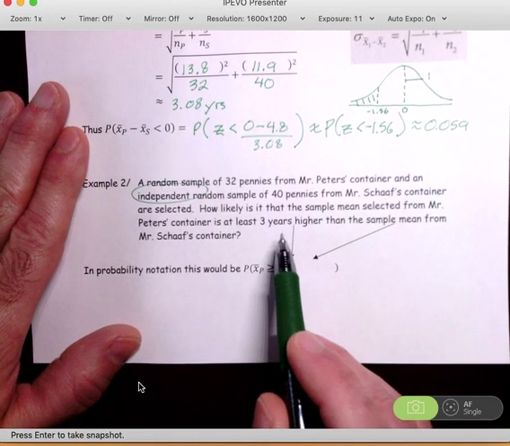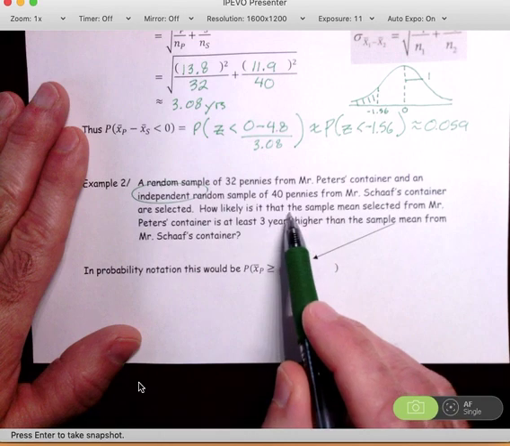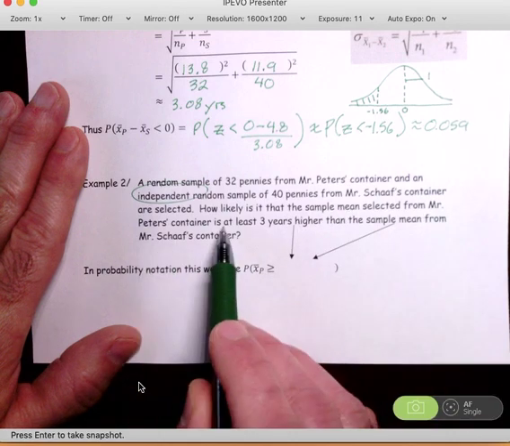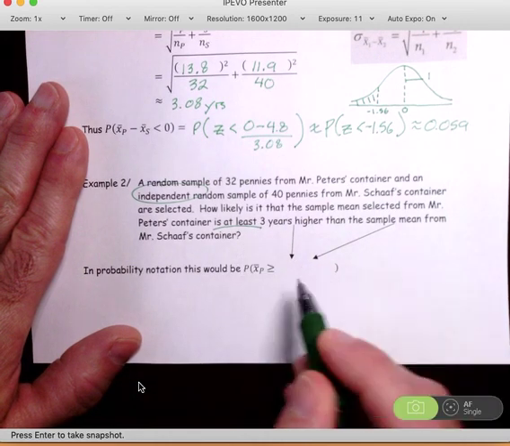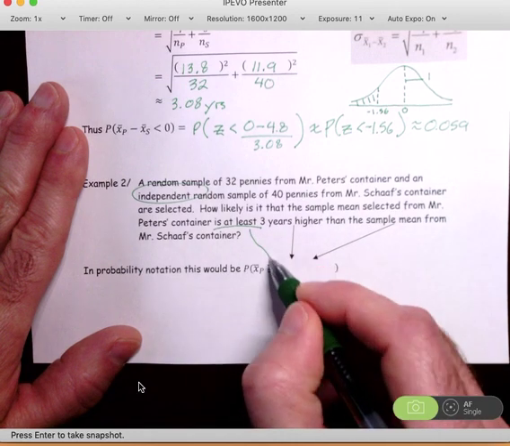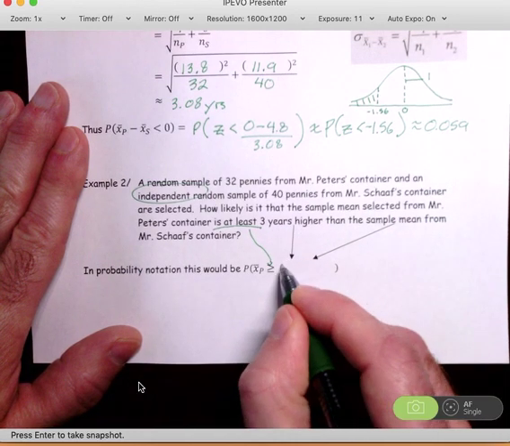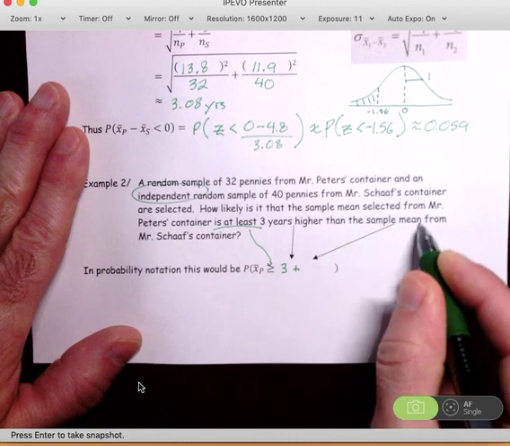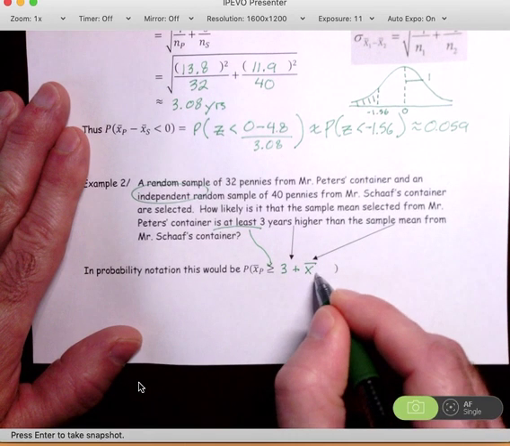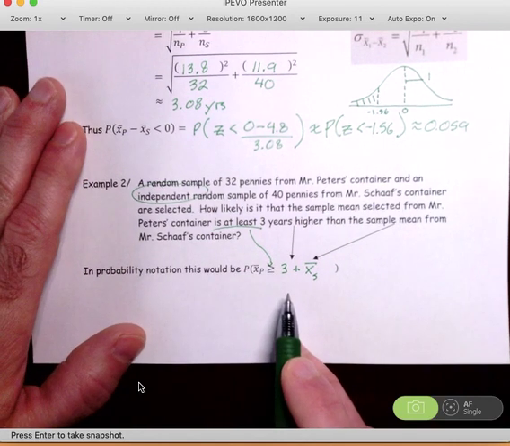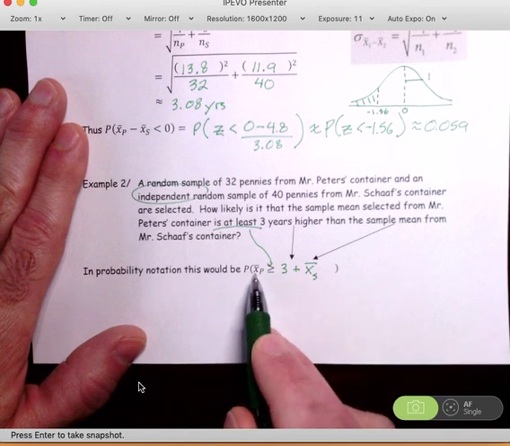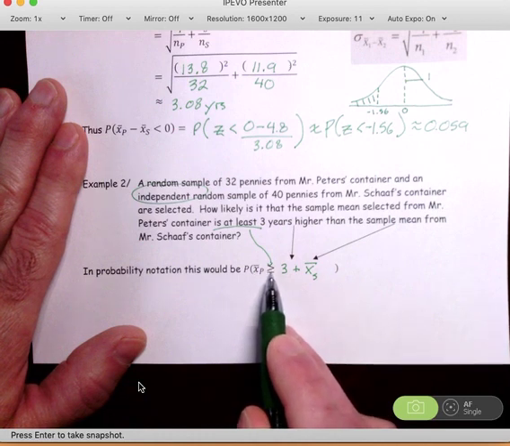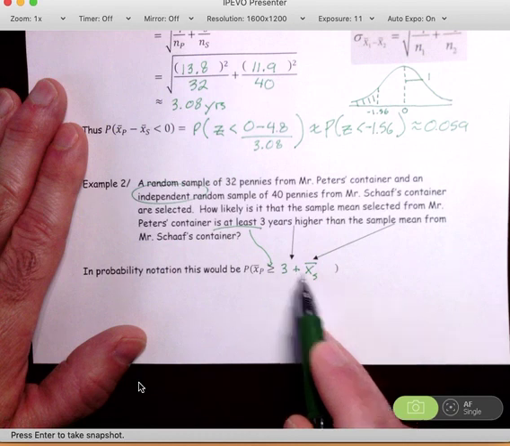But let's practice translating this into words. So how likely is it that the sample mean selected from Mr. Peters' container, here it is at least. So is at least, that's represented by greater than or equal to 3 years higher than the sample mean from Mr. Schaaf's container. This is how we take that statement and actually translate the English into a probability statement. This is the likelihood that the sample mean from Mr. Peters' container is at least, so is greater than or equal to 3 years higher than the sample mean from